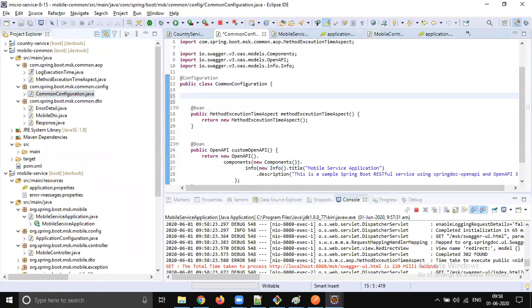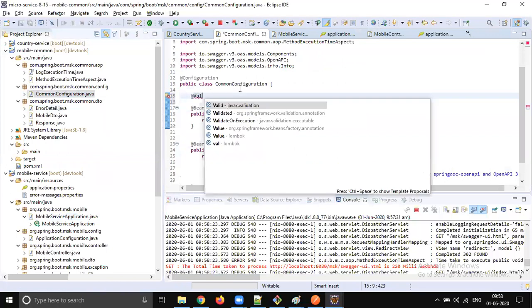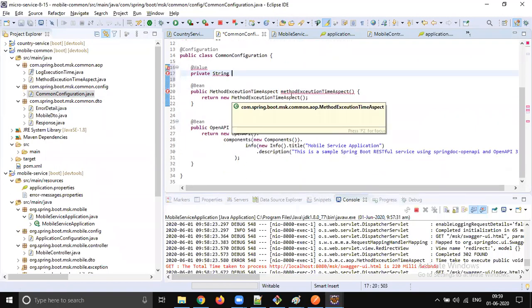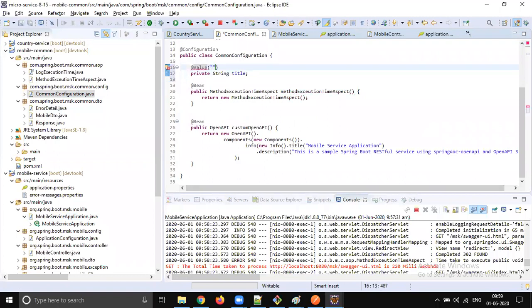Okay, so @Value, private String. What can we say? Let's call it title. So it's going to be dollar curly braces, title.